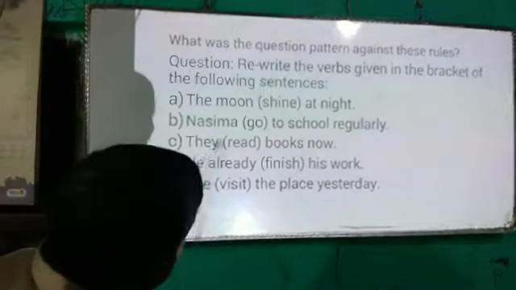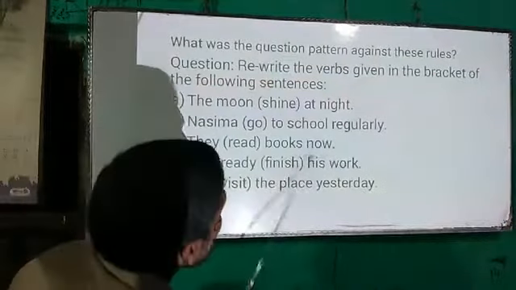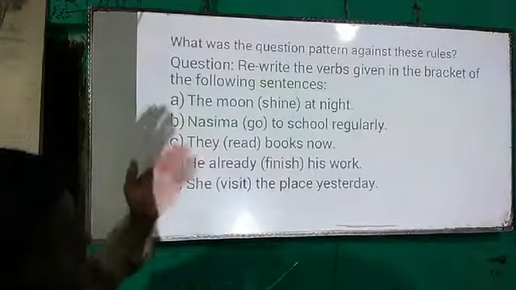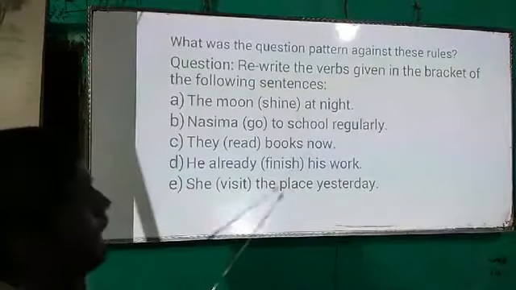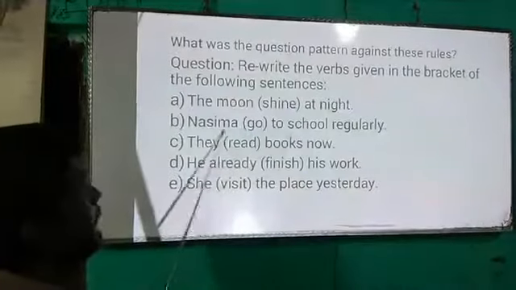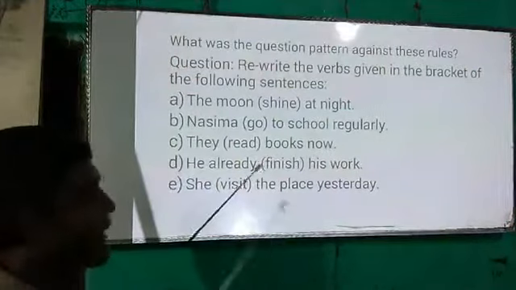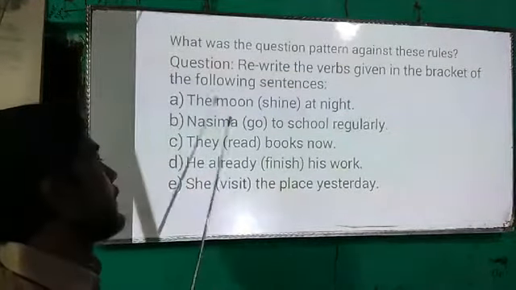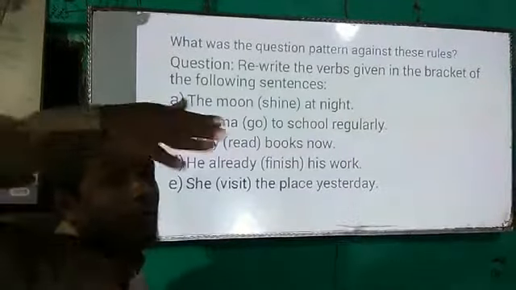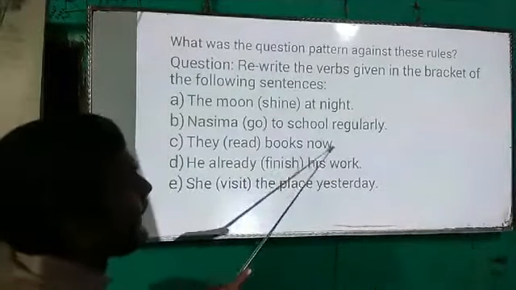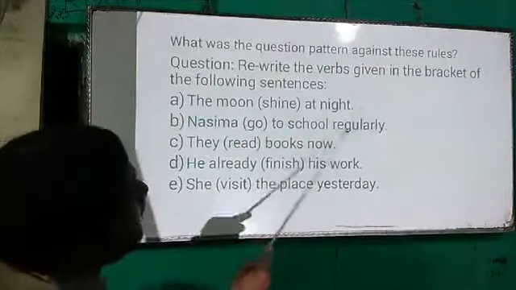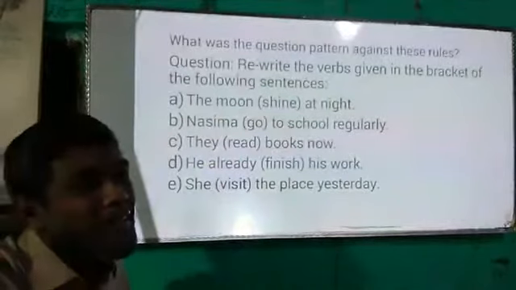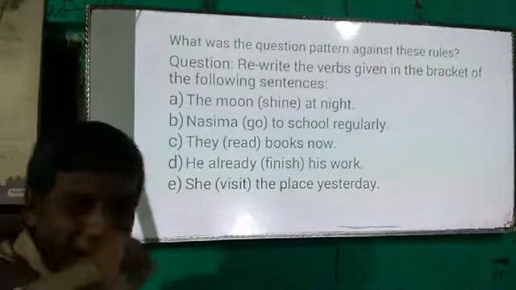Again, they read books now. So the now is given here directly. So I have memorized the rules earlier. I know if there is any now in a sentence, then the verb should be in present continuous tense. Then I will write, okay, they are reading books now. So it is very easy. If I memorize the rules earlier, then if I get any hints in a detached sentence separately, then it is very easy for me to remember the rules and to answer the questions.